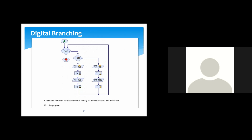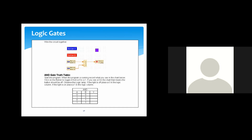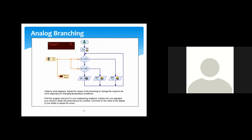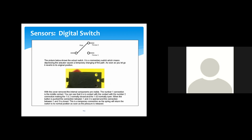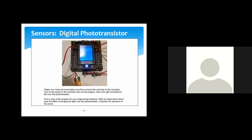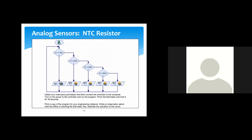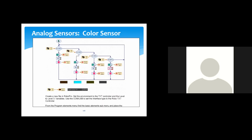working with digital branching, logic levels and programs and triggering, logic gates, combinational logic, analog branching, variables, data, sensors such as the digital switch and the digital phototransistor, and also the digital trail follower. Next, we move on to analog sensors, such as the NTC resistor, the photocell LDR, the color sensor, and the